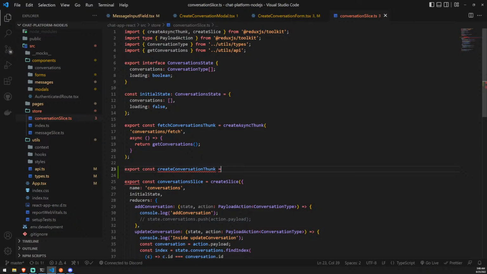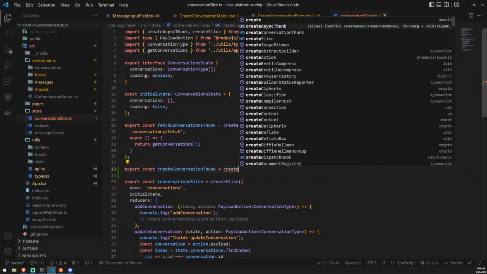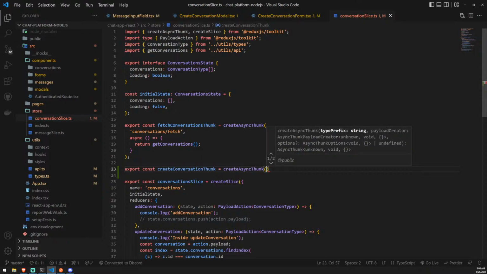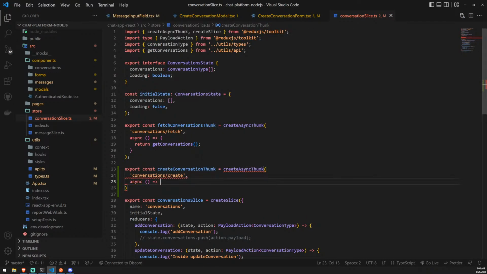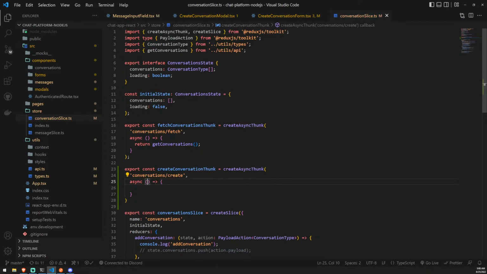So if you don't know what a thunk is in Redux, it basically allows you to create asynchronous actions. So async. And then for the first parameter,